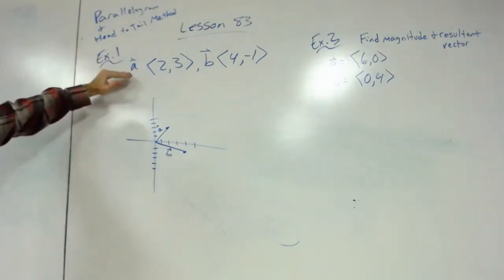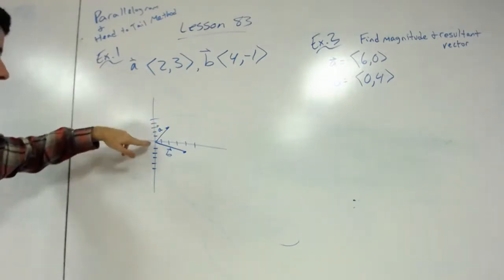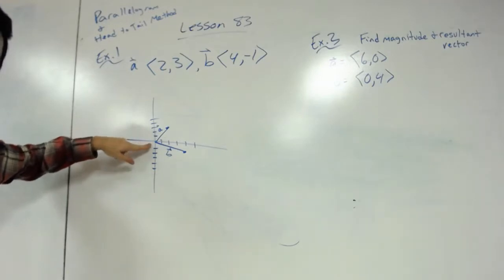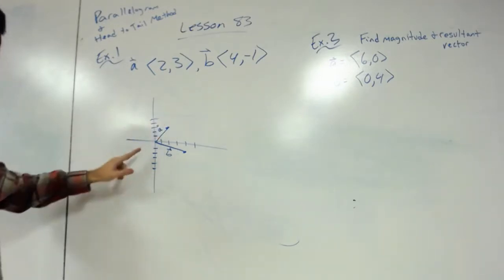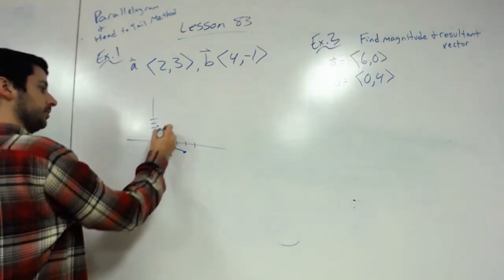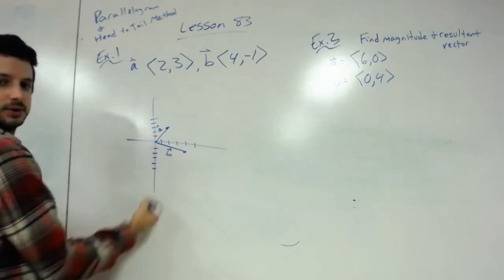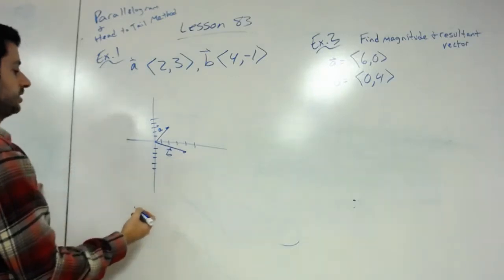So in example 1, it gives vector A of 2, 3. So I drew it out. Remember, just think of it starting at the origin. A vector has a distance to it. So 2, 3, boom, there. B is 4, negative 1, so over 4, down 1. There's vector B. And it wants us to use the parallelogram method